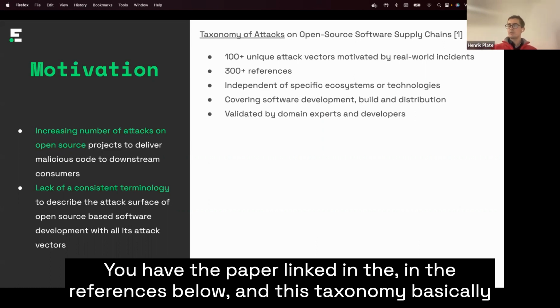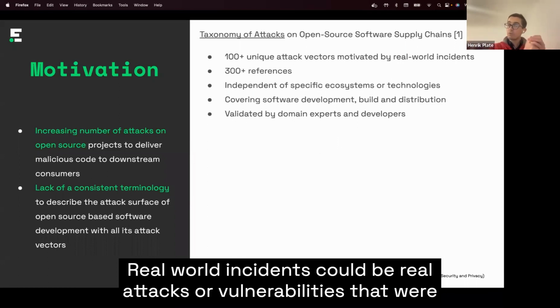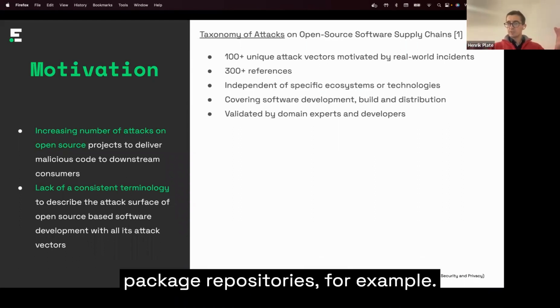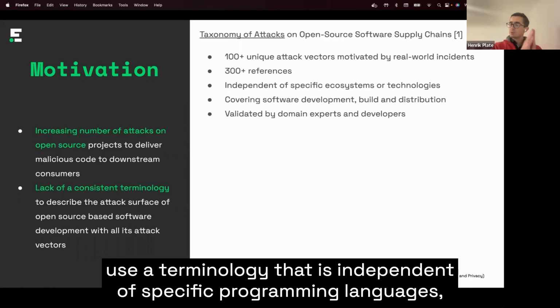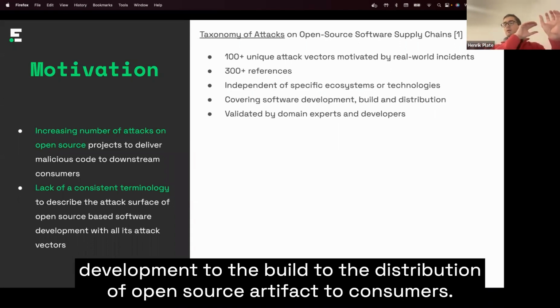This taxonomy comprises more than 100 unique attack vectors motivated by real-world incidents. Real-world incidents could be real attacks or vulnerabilities that were luckily discovered before they were exploited, such as vulnerabilities in package repositories, for example. Those attack vectors are linked to plenty of references. We made an effort to use a terminology that is independent of specific programming languages, ecosystems, or technologies, and we covered all the phases from software development to the build, to the distribution of open source artifacts